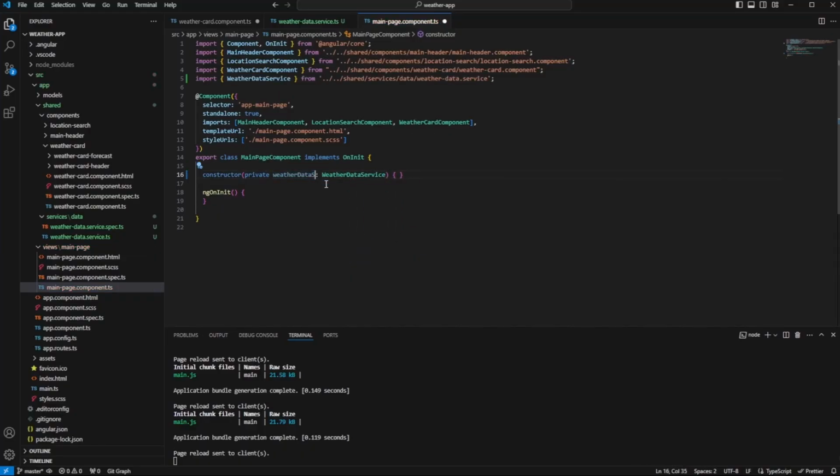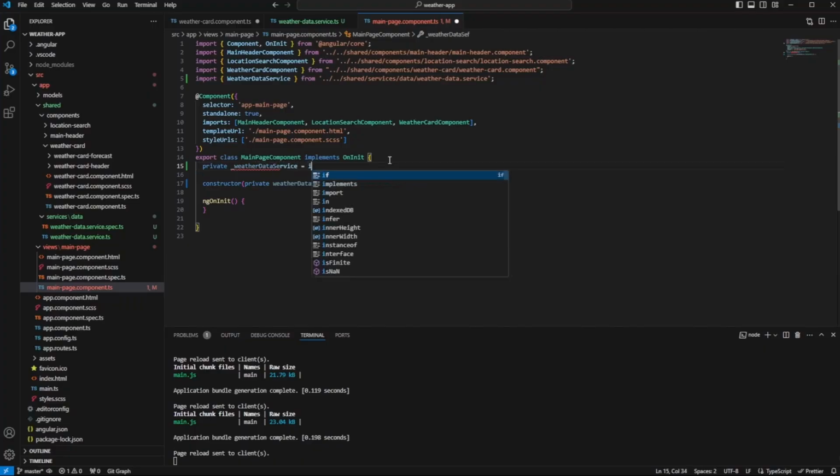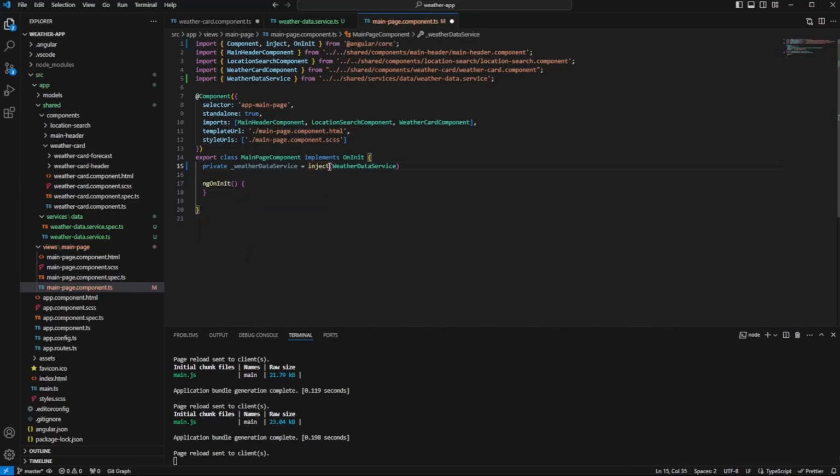Or weather data service. I think that could be the better name, yeah. And we want to get now the data we have prepared for that. Alternatively, that's something that is a little bit newer, is the weather data service by inject, this service instance. That helps you to not need a constructor all the way. You can then insert that one from Angular, and then you have the service here, and can completely run